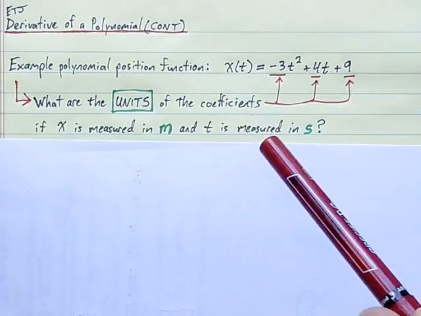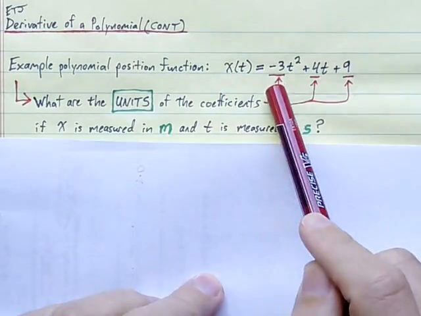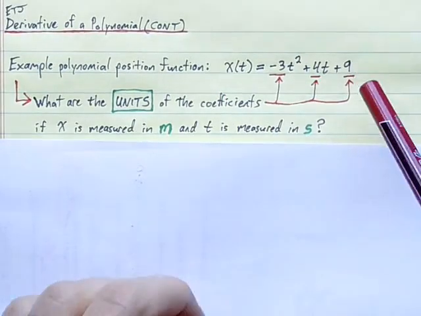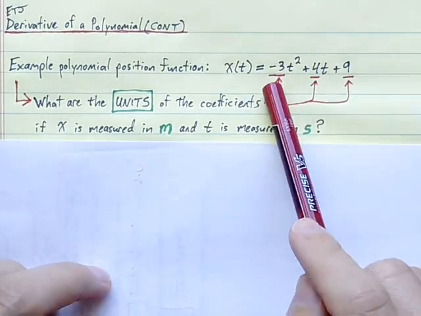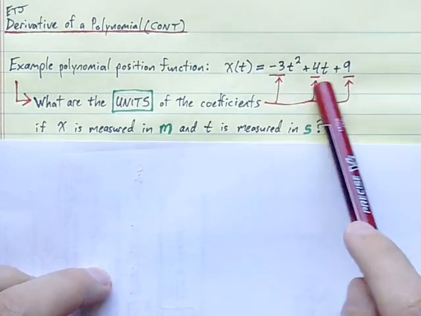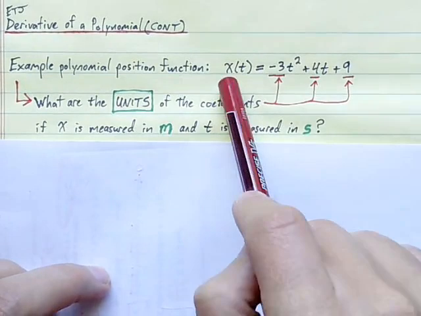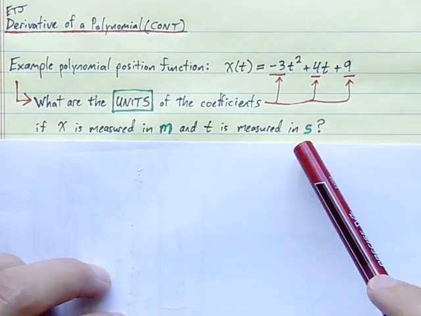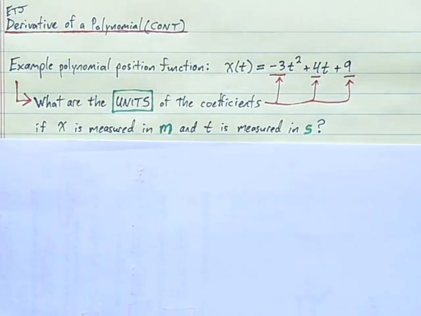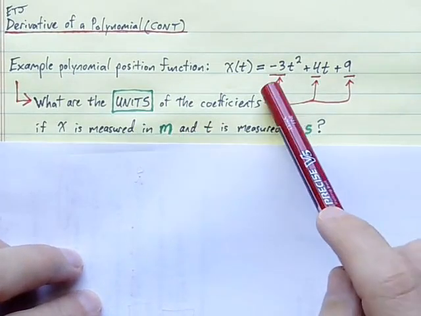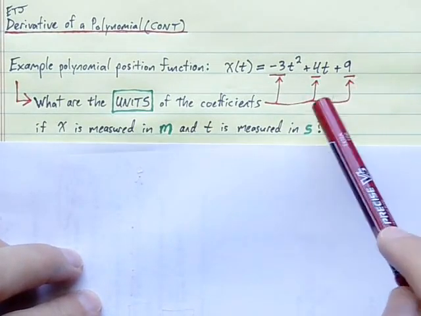Given the position of some object as a polynomial function of time, we would like to be able to take the derivative of this equation to find the corresponding equation that represents the velocity, the instantaneous velocity of the object as a function of time. So we'll do that next, but first I'd like to consider the coefficients of this polynomial equation and the units